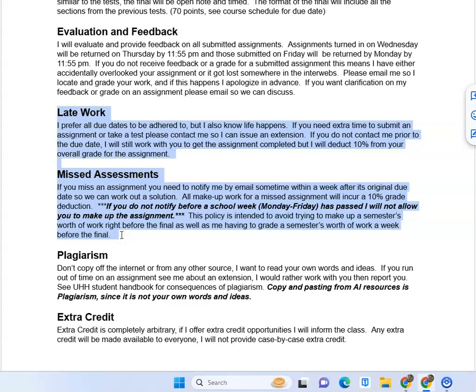I try to turn things in on time, but I understand that things happen, things come up, but that's your responsibility, right? If you miss an assignment, the best thing to do is to email me beforehand. And if you do, I'll grant you an extension, no questions asked. You don't even tell me why. Just say, hey, I'm going to be a little bit late on this assignment due on Friday. I'll say, great, get it in by Sunday, no problem. Because that's you being responsible, taking responsibility for your